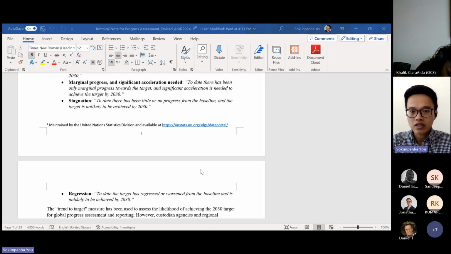progress report, we will continue to only use 3 names for the trend. That is to say, on track or target met, some progress but acceleration needed, and then the third trend, stagnation and regression.